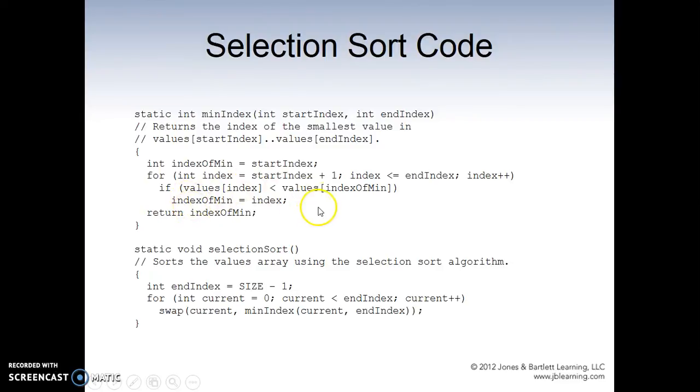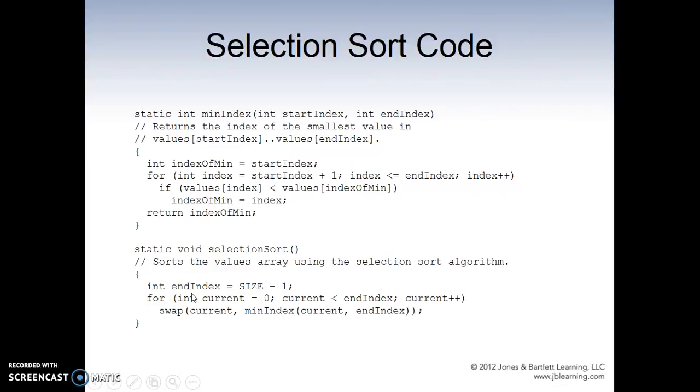So if it is smaller, then we set index of min equal to the new index because we found a new min. So we return index of min. This is pretty much just a method to find min index. We do that to the end of the list because we have to reach the end of the values. Now, the selection sort itself is actually here, where we say